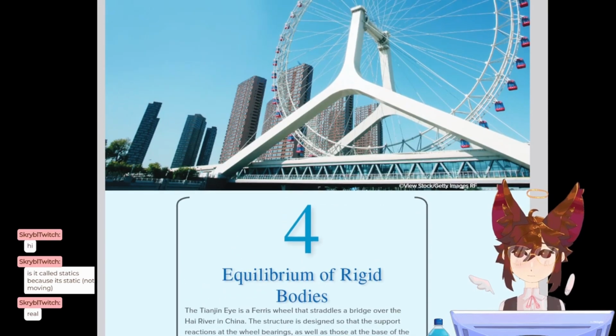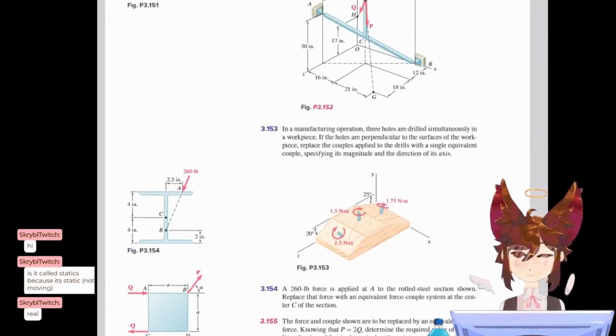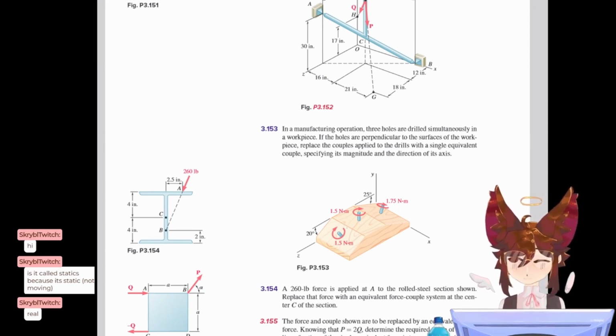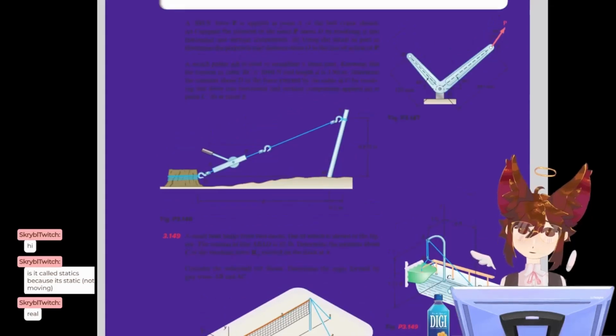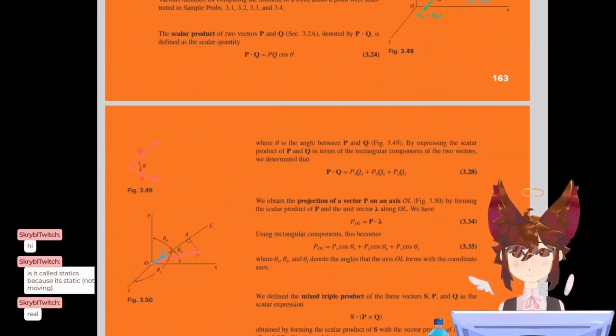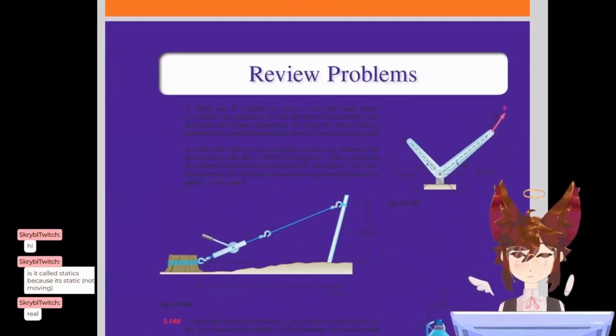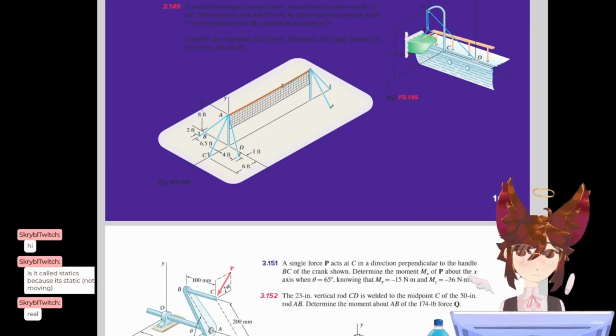Tianjin I. I wonder why it's called Tianjin I and not Tianjin Yinjing. Maybe because it's a tongue twister. Or maybe because it's Paris. This looks like just moments and stuff. Also orange. Sorry about that. I don't know why it's orange. I don't know why this one's purple. That's fun.